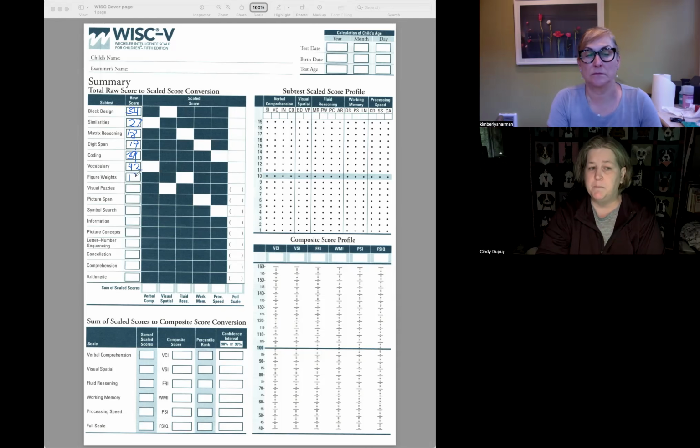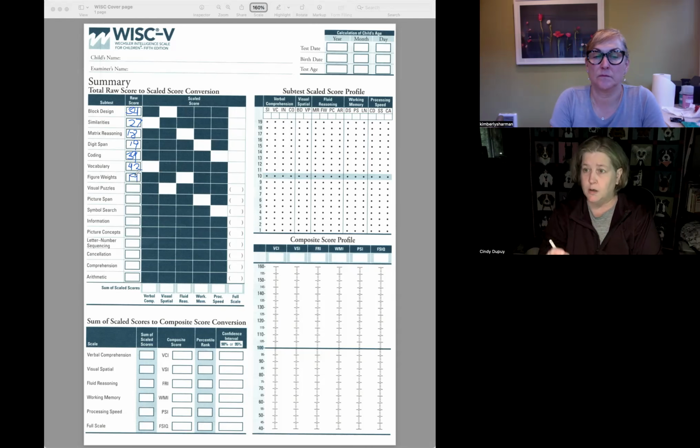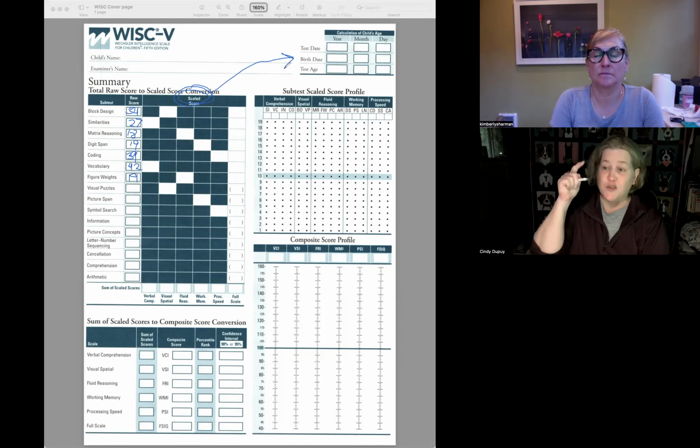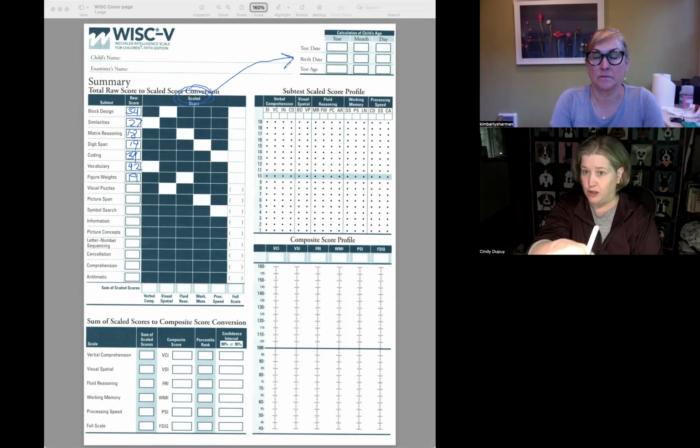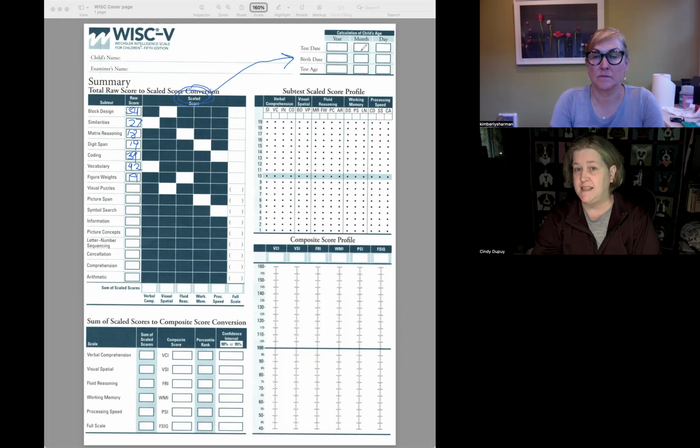So the raw score converts to initially a scaled score based on your child's date of birth. Mm-hmm. Now, if you happen to look at this protocol and you see that your child's date of birth is wrong,